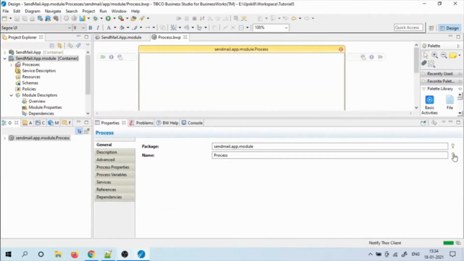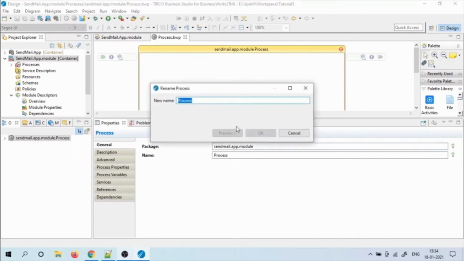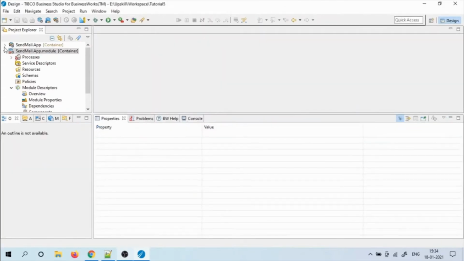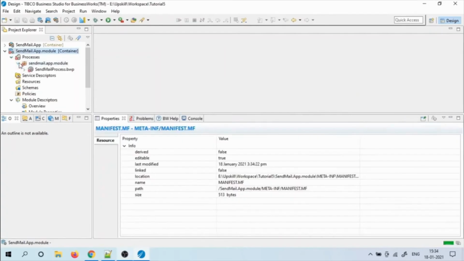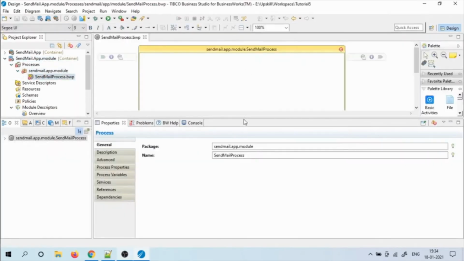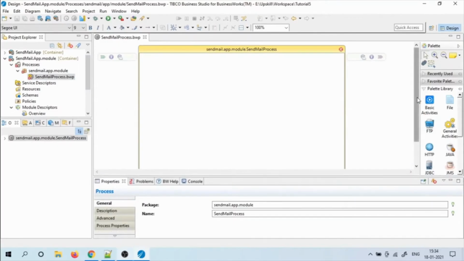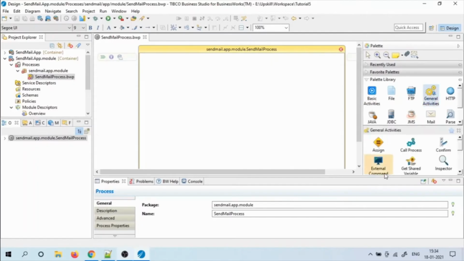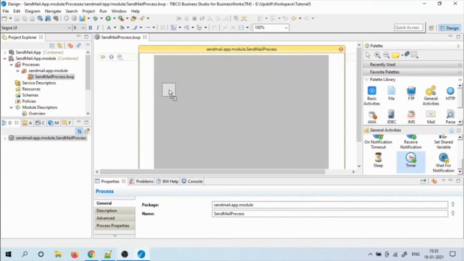Now let's try to rename the default process name. Click on the bulb icon and rename it to Send Mail Process. Click on OK. Close the module and open the empty process. Now go to Palette Library, click on General Activities and add Timer Activity, which is the starter activity for this